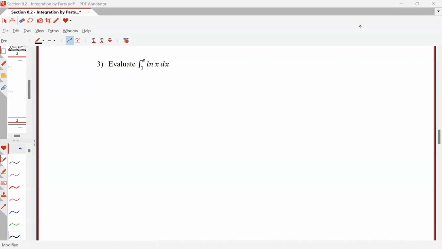Hello. In this video, we're going to take a look at a few more examples of integration by parts. This example is using the fact that we now have a definite integral. And what do we do with the bounds when we have a definite integral? We know the integration by parts formula, the integral of u dv is equal to u times v minus the integral of v